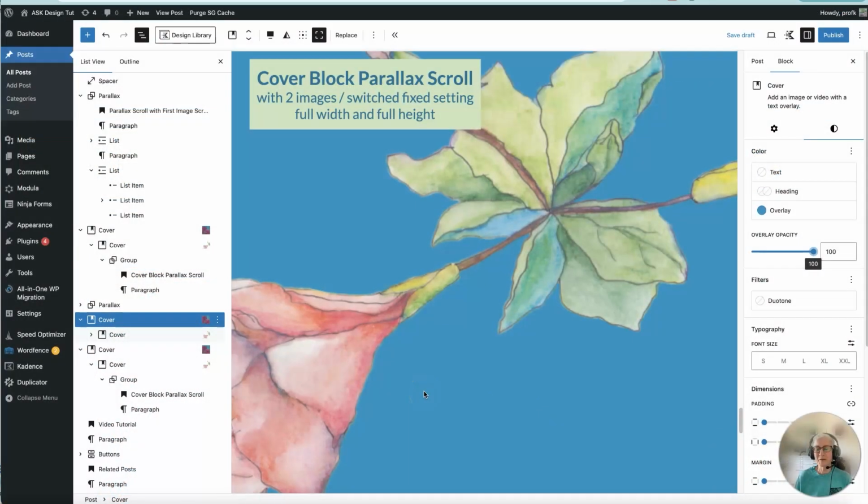These are just a few of the many ways you could have fun with the cover block and the Parallax